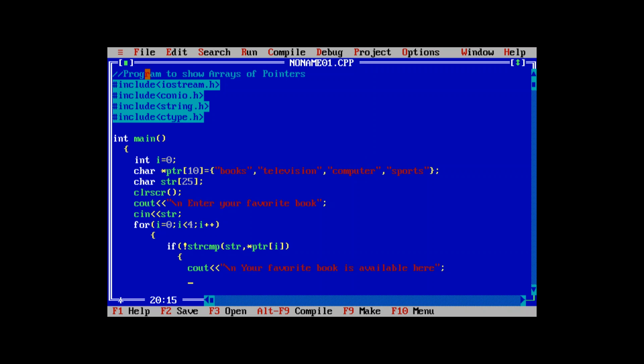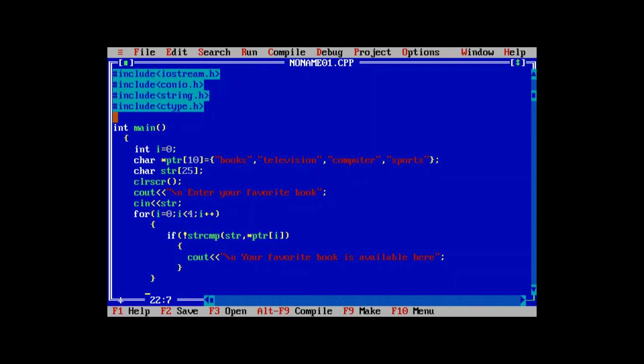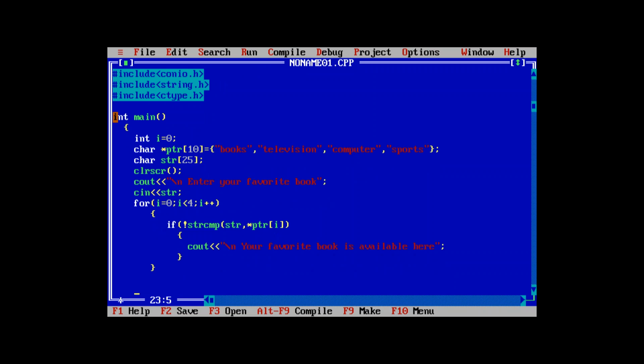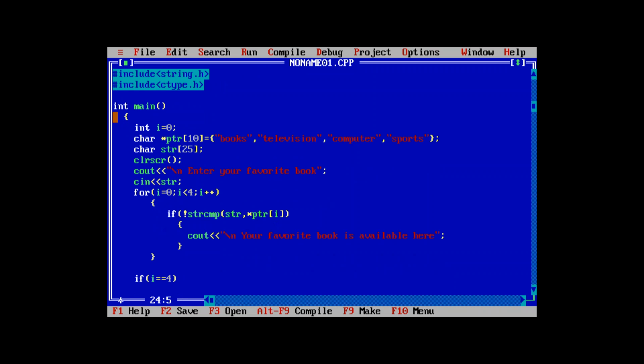Right. Then there is a break for moving to the next line, or if we simply close this one, that is how to use the pointers. Then there is again one more for loop, that is also closed. Now if I check the condition, that is if i is equals to 4, then cout,